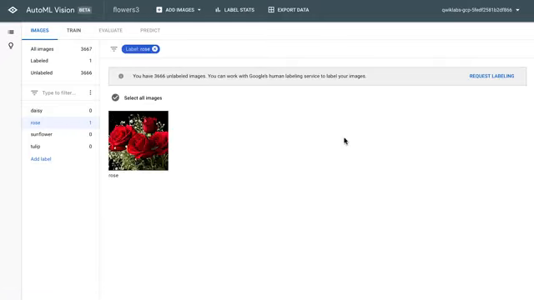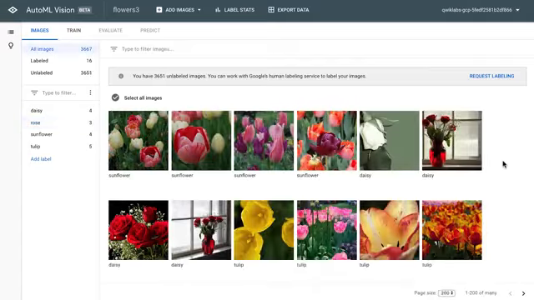In order to commission the labeling service, you'll need to repeat this process a number of times to have at least 3 images per class. And ideally, you should make those a representative set. They capture all the different ways that, for instance, a rose could look like. So there are red roses, but also white roses. Once you've done this for each class, you can click on the Request Labeling button.